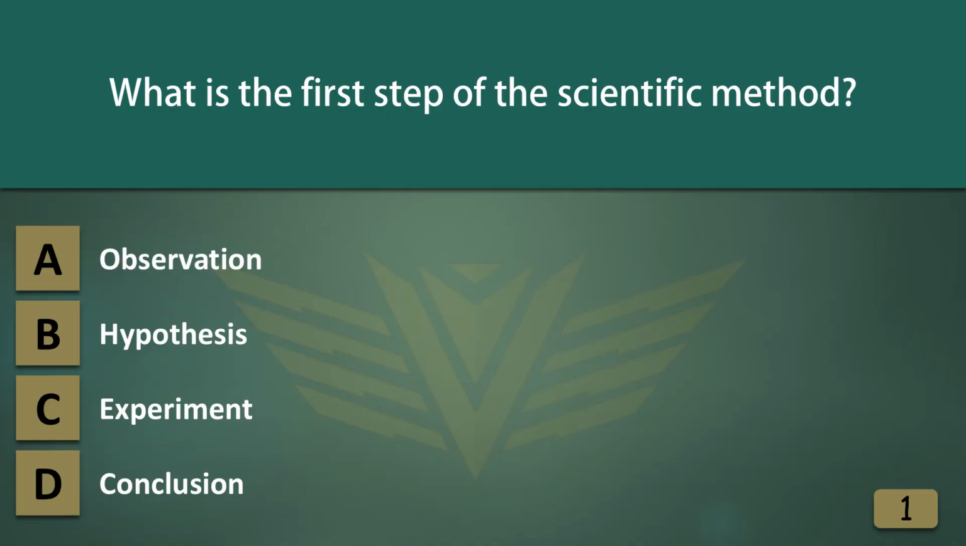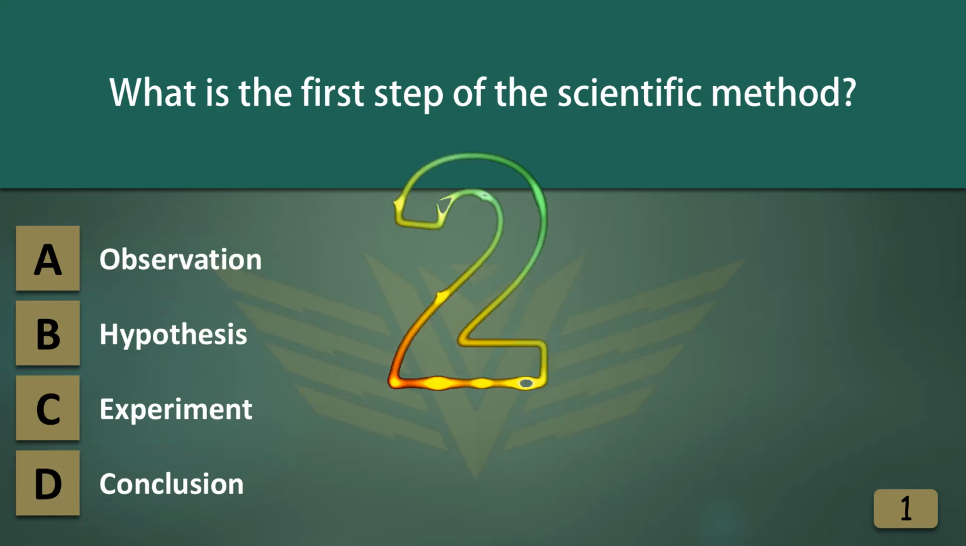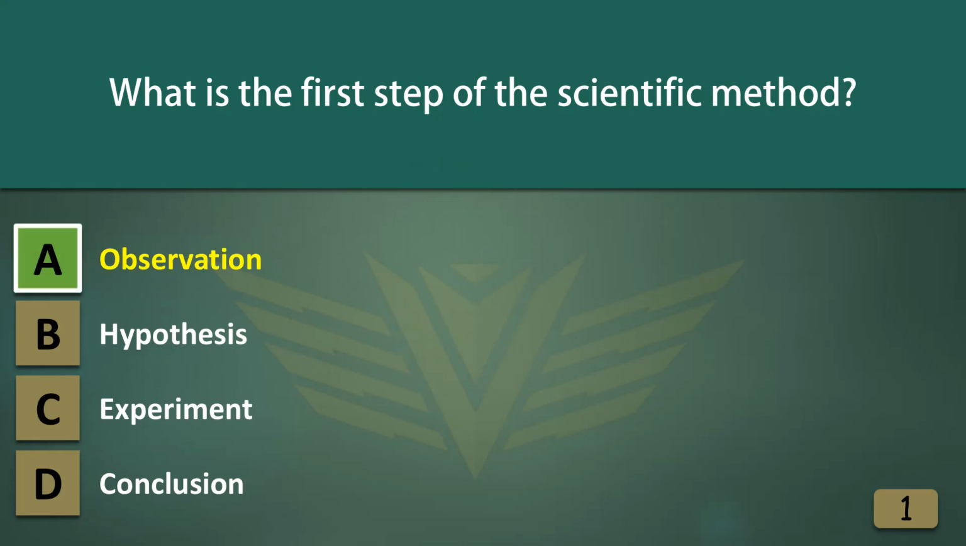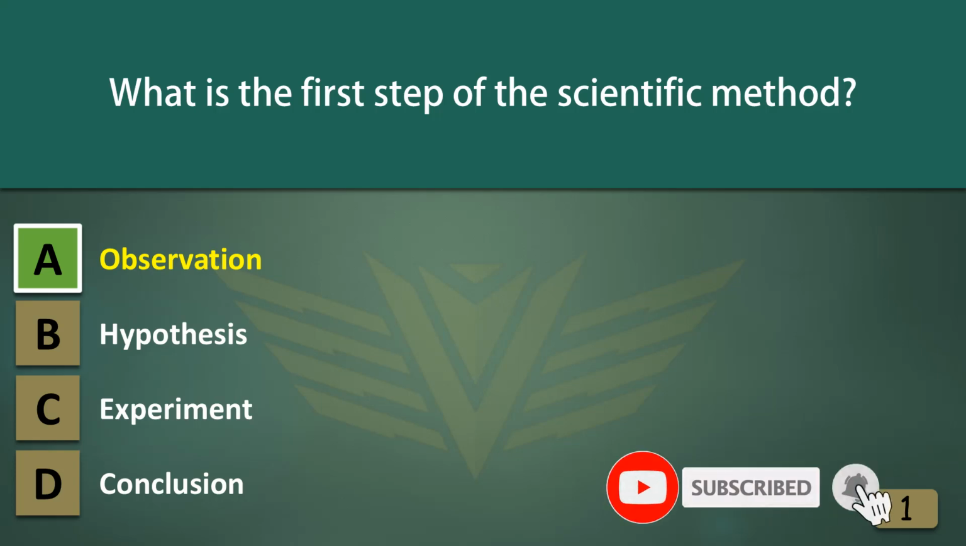What is the first step of the scientific method? A. Observation. B. Hypothesis. C. Experiment. D. Conclusion. The correct answer is A. Observation. The first step in the scientific method is observation, as it provides the basis for asking questions and developing